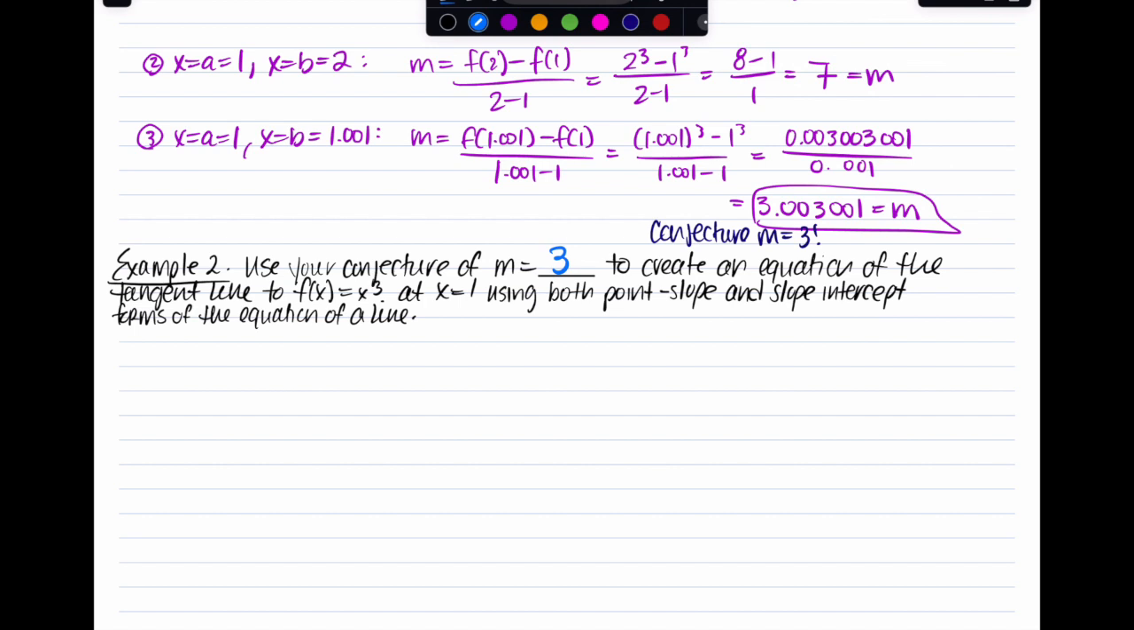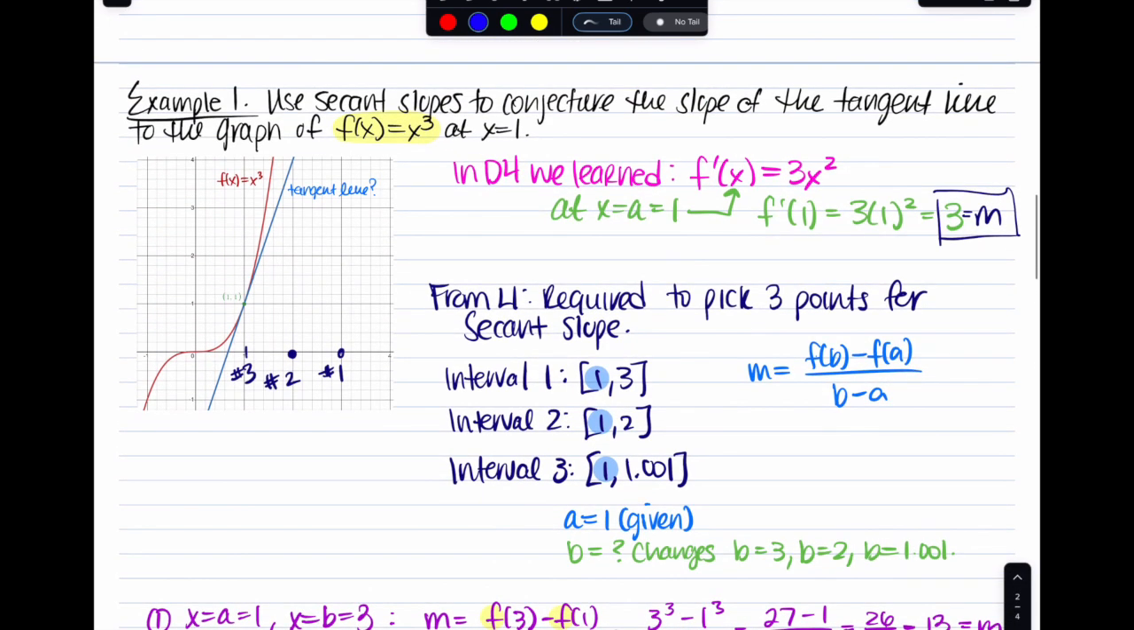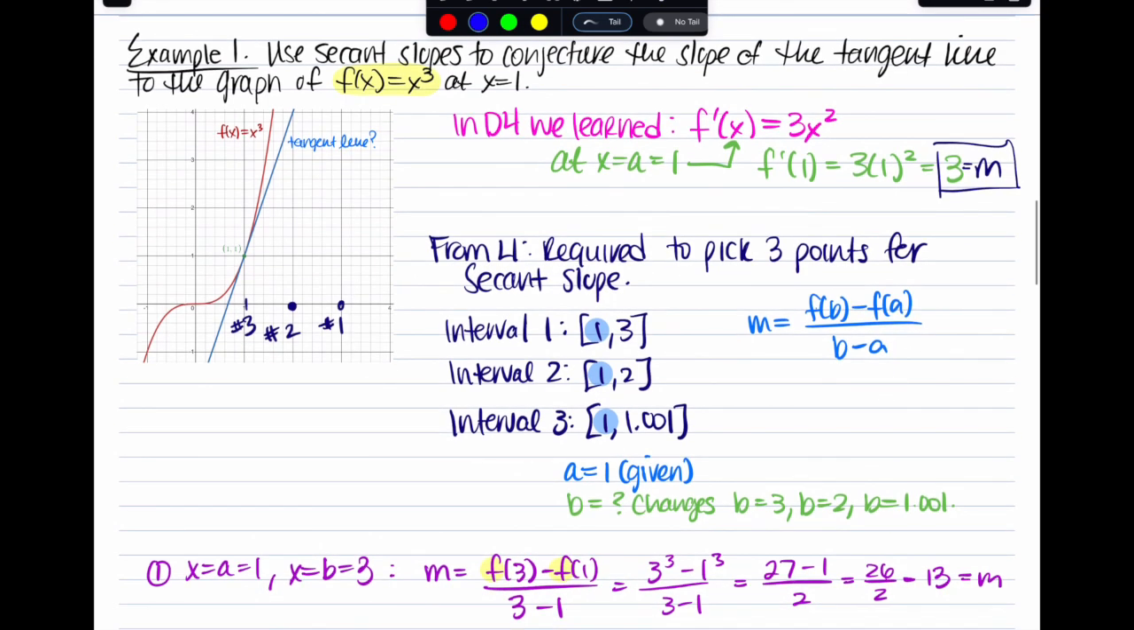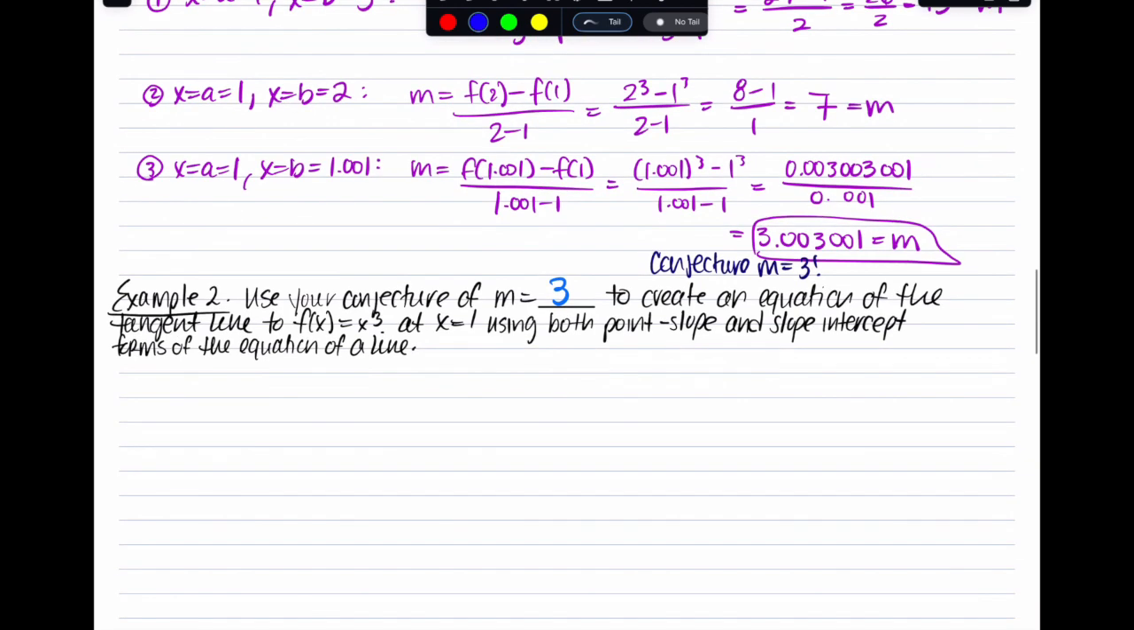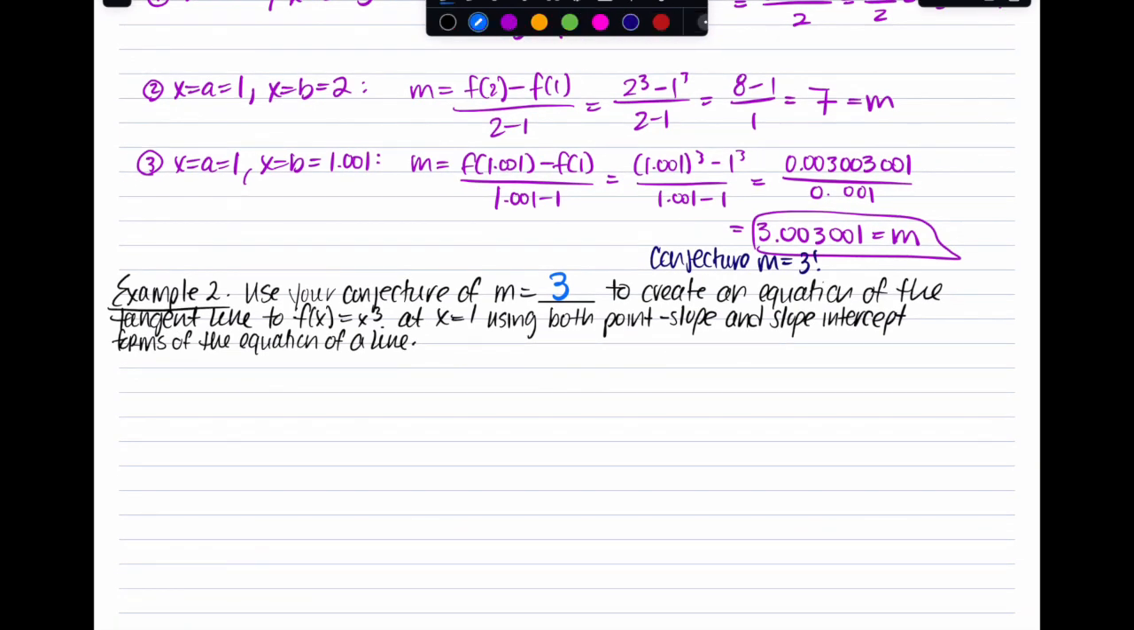Okay, so let's now use our conjecture of m equals 3 to create the equation of the tangent line. That's going to be the equation for this blue line here. And remember, local linearization and creating the equation of the tangent line are actually the same thing. I'm going to show you the formula in a second once we get through this, but I also want to show you that using either formula is valid. So we could use the point slope form,